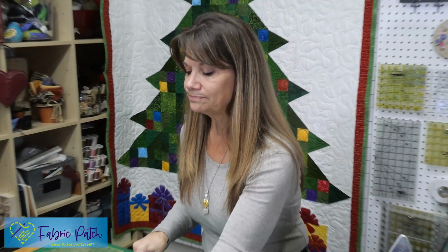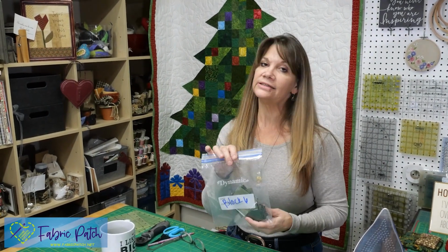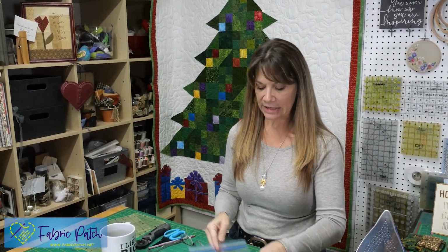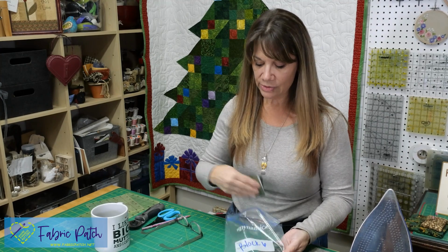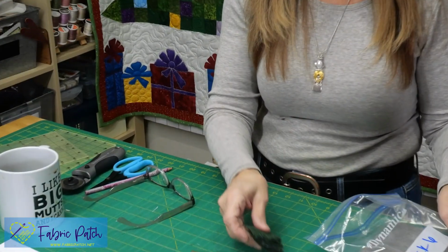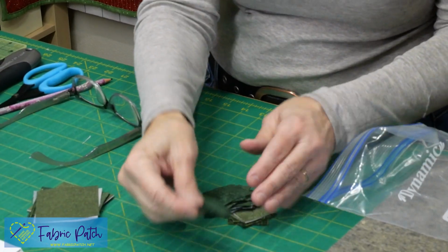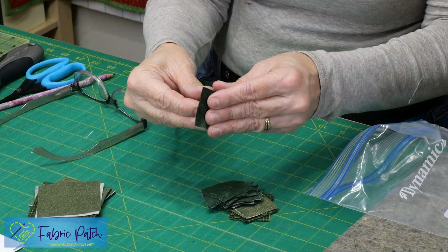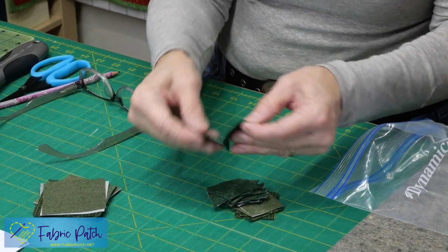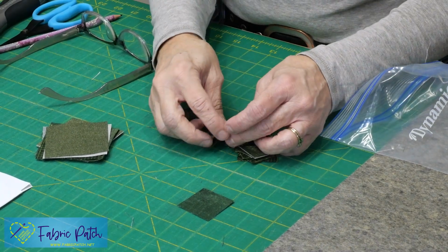So first of all, you should have all of your pre-cutting done. Cutting is extremely important to make sure that it's very accurate. And then you've got seam allowance, and then you've got pressing. So you have your bigger squares, and you have these tiny little baby squares. So what we're going to do first is make our 4 patches out of our little baby squares. And we're going to do these the same way that we did last week,